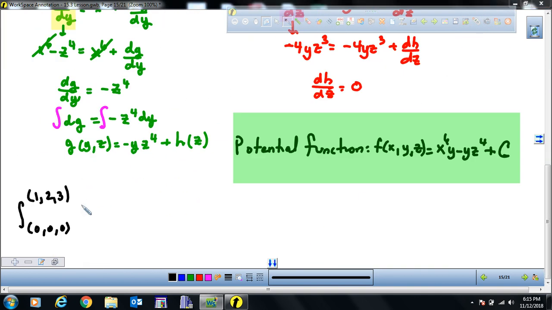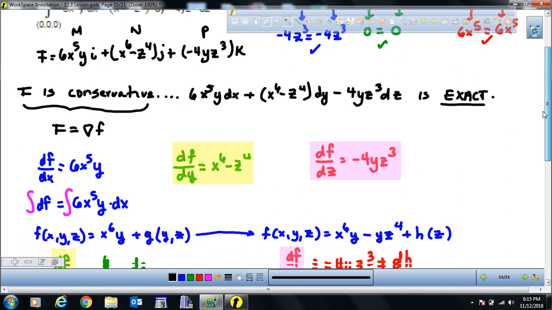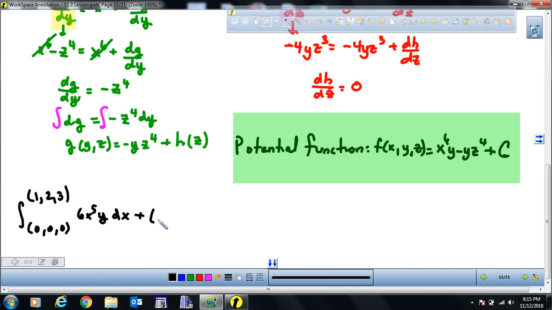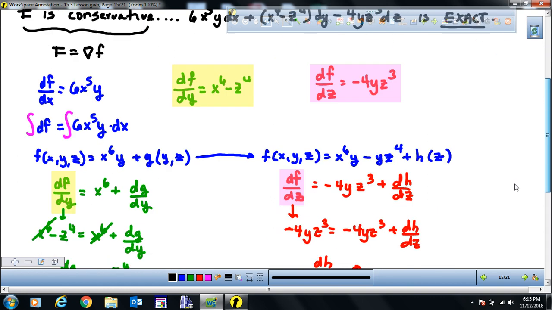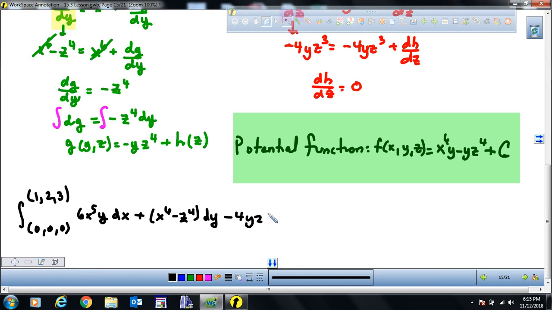6x to the 5th y dx plus x to the 6th minus z to the 4th dy minus 4yz cubed dz will just be the same as the potential function evaluated at 1, 2, 3, which is going to be f of 1, 2, 3 minus f of 0, 0, 0 according to the definition, which is,